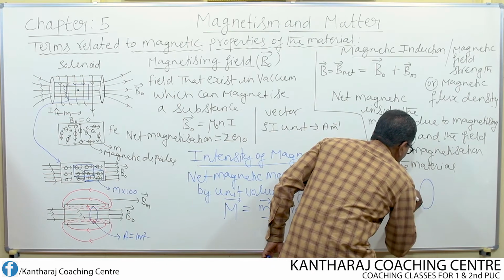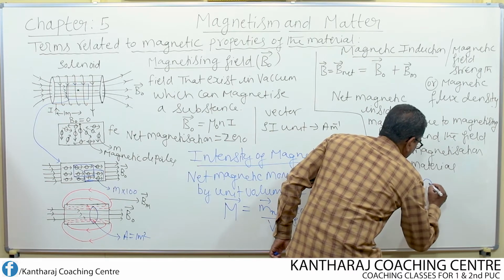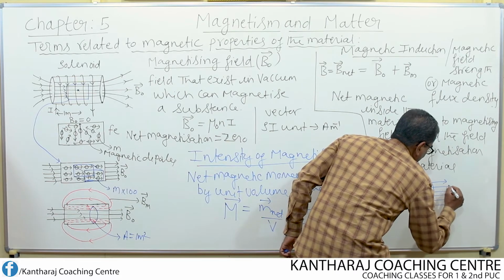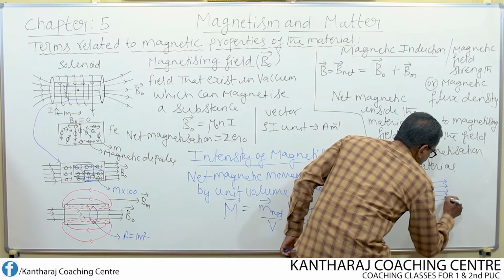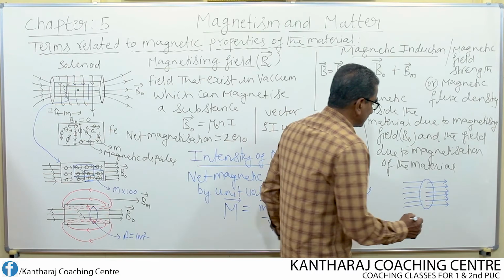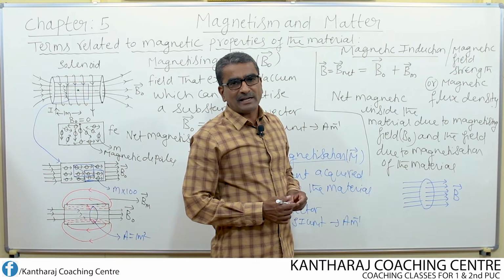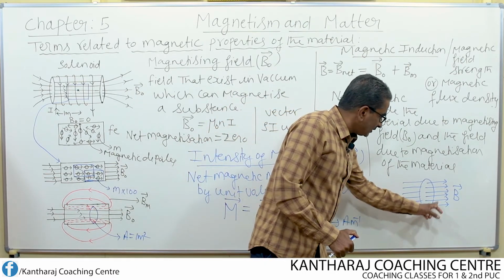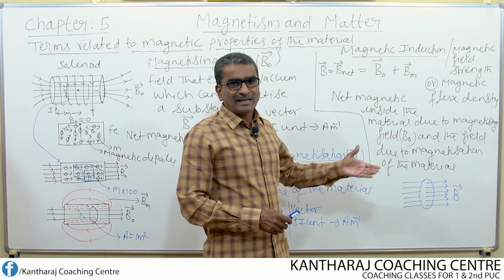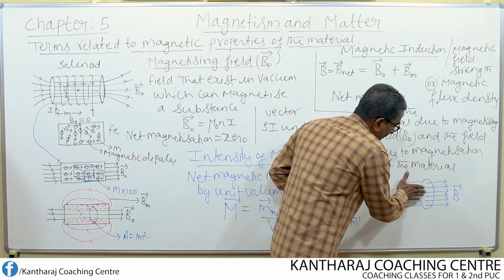This is an area which I have considered. So this is nothing but magnetic induction represented by B. But mathematically, if you want to find the magnetic induction, we cannot count the lines and we cannot say the number of lines itself is magnetic induction. There is one mathematical equation to find the magnetic flux density through this area or magnetic induction.